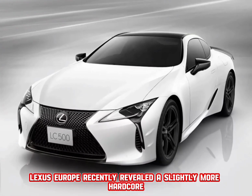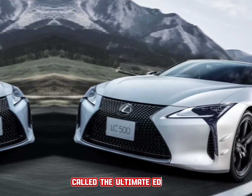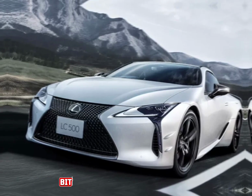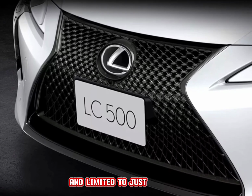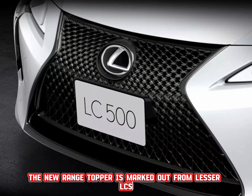Lexus Europe recently revealed a slightly more hardcore, "Hey, this is Lexus we're talking about" version of its LC coupe called the Ultimate Edition, and not wanting to be outdone, Lexus Japan has now used some of those same bits to create its own special LC. Called the LC Edge and limited to just 60 units,